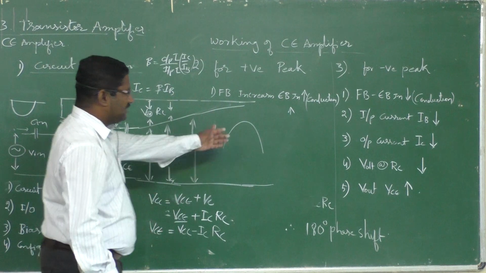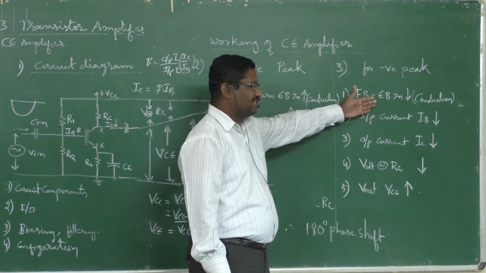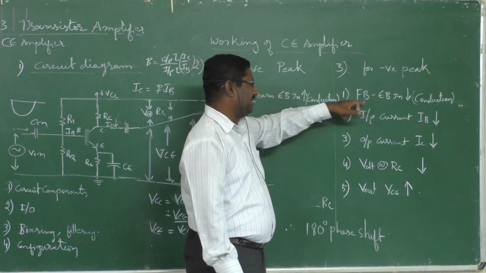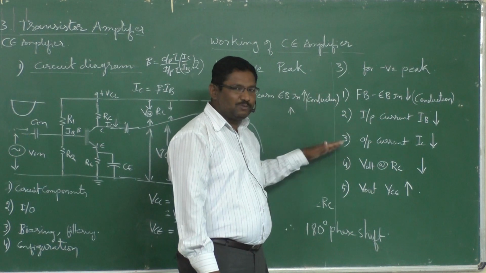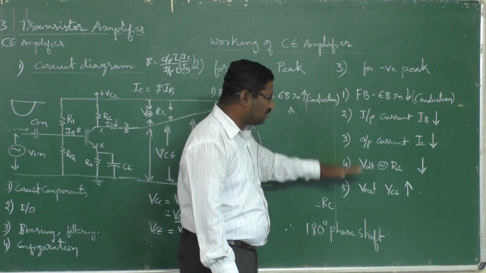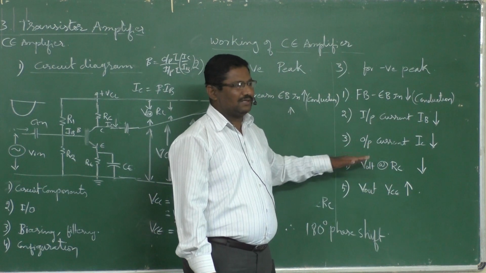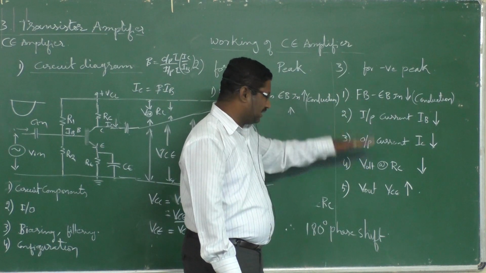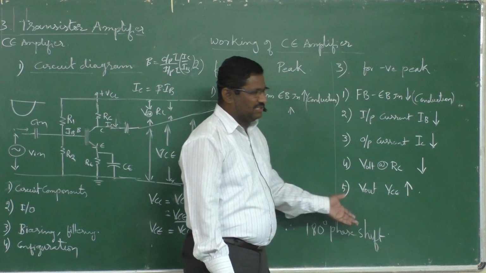So the same thing is written here: for forward bias across the emitter base junction, the emitter base junction is nothing but the input junction. The input junction will decrease the conduction. When the conduction decreases, the input current also decreases. What is that input current? Here it is the base current. When the input current decreases, what happens to the output current? The output current also decreases. When the output current decreases, what happens to the voltage drop across the output collector resistance? The voltage drop across the collector resistance also decreases. When the voltage drop across the collector resistance decreases, the output voltage, that is VCE, will increase.